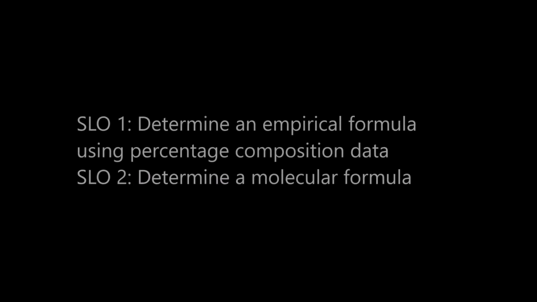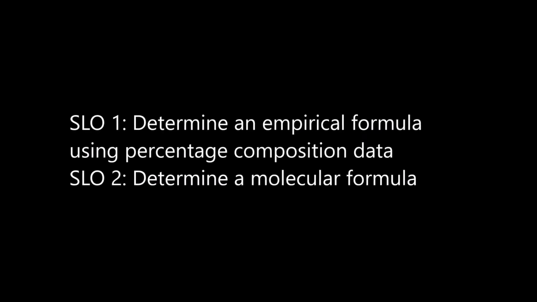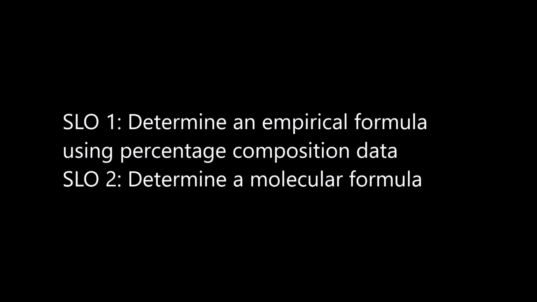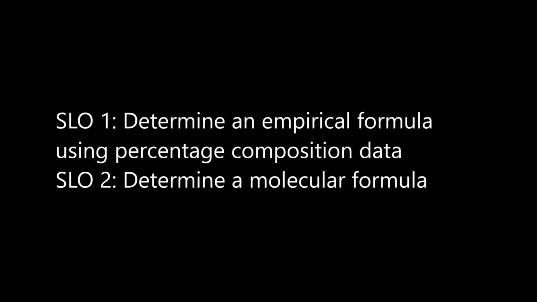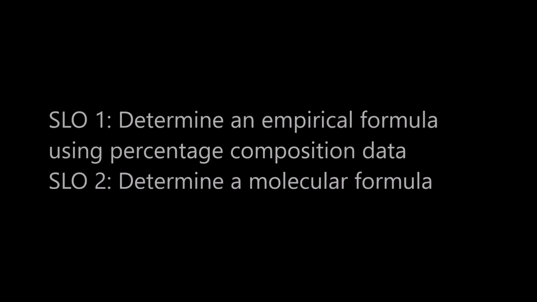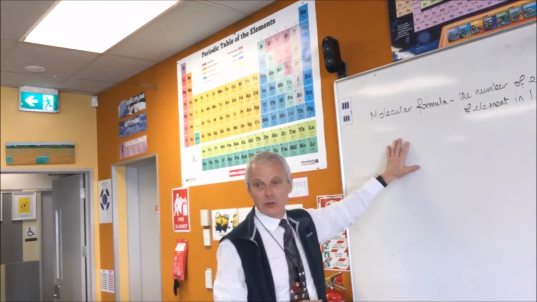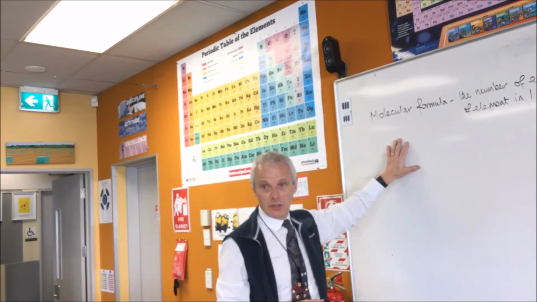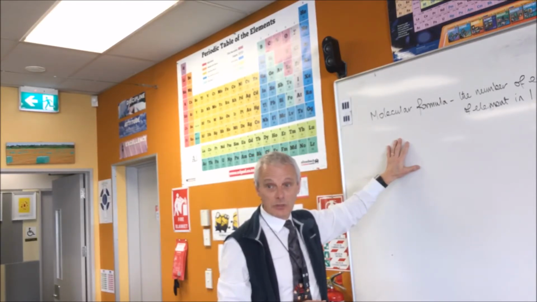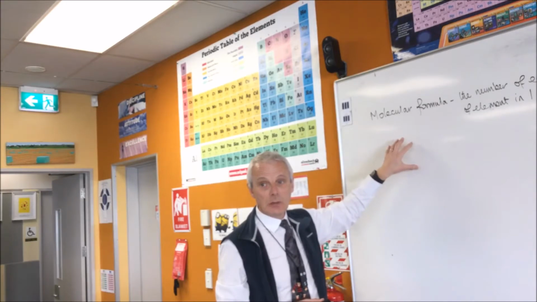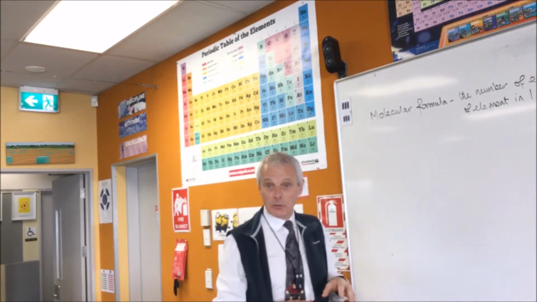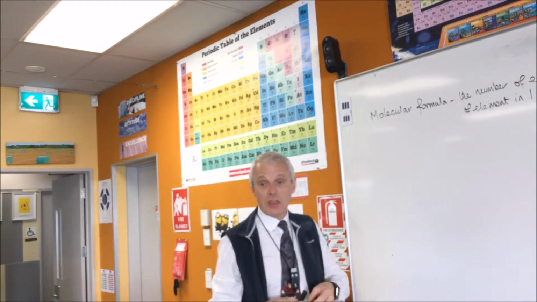This clip shows a worked example of how to use percentage composition data to calculate an empirical formula. The empirical formula is then used along with mass spectrometry data to calculate a molecular formula. Molecular formula tells you how many of each type of atom there is in a molecule of something. So this is applicable only to molecular substances, unlike an empirical formula which can be used with any type of